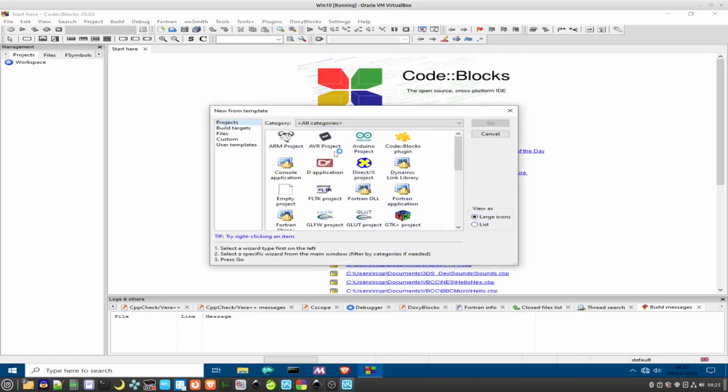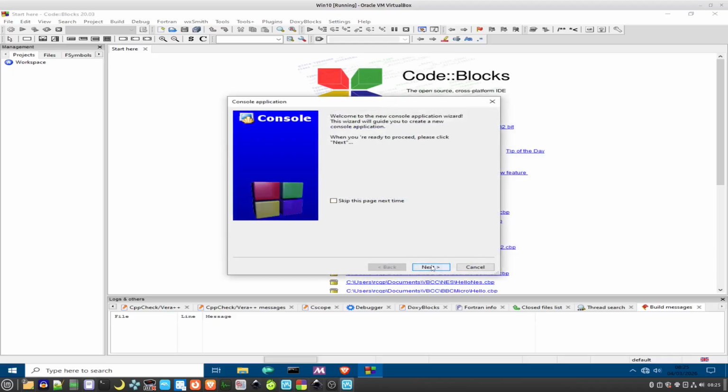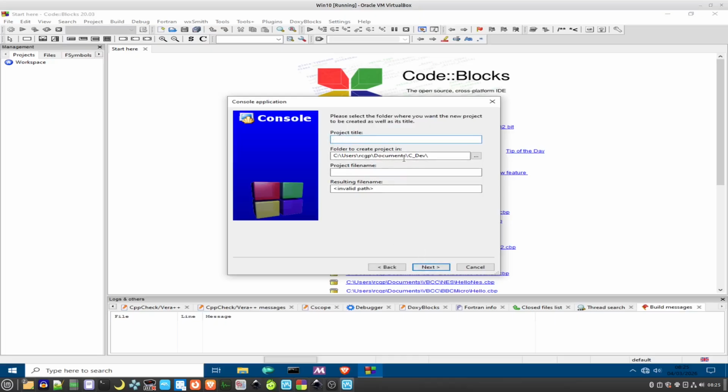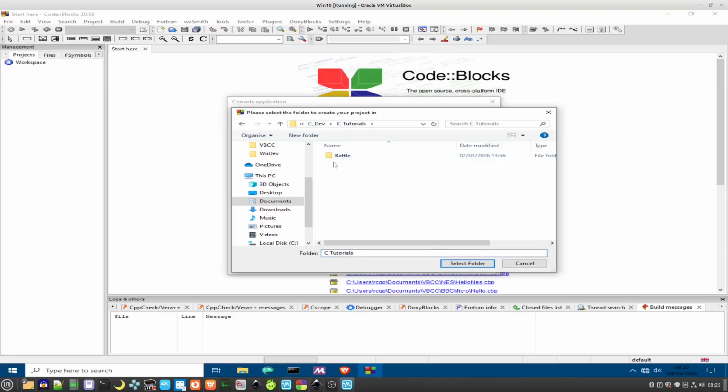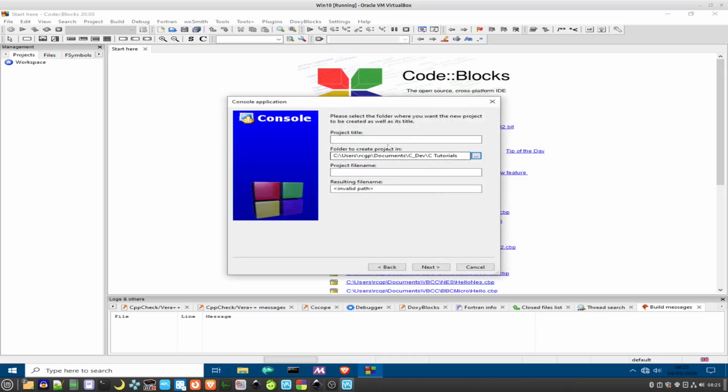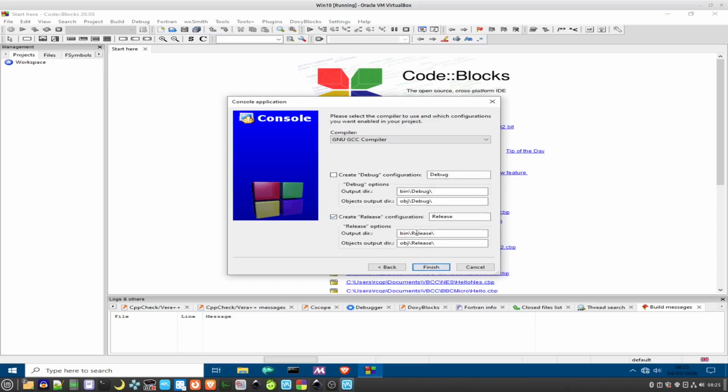So all you would do is literally just create a new project, select a console application, make sure it's C, and then, as I said in the Windows video, create like a documents folder in your documents, maybe C tutorials or C development, something like that. Then give it a name,